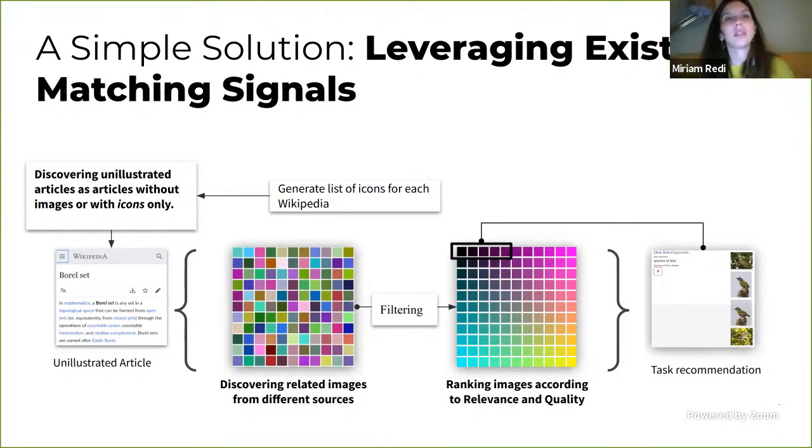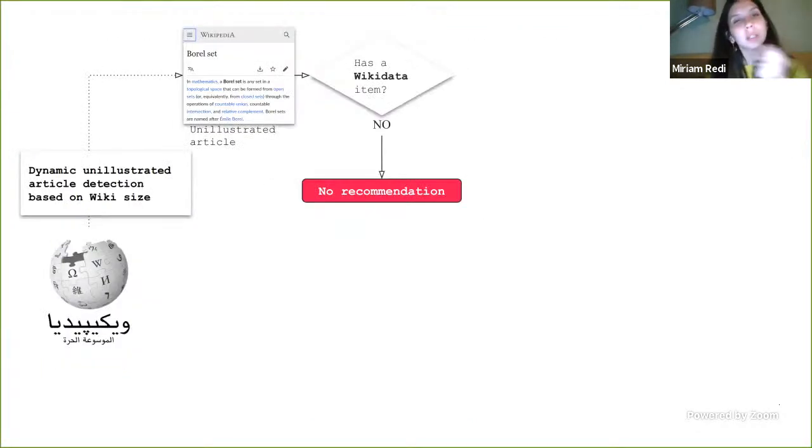What we do is that given an unillustrated article, that we first need to identify, because finding unillustrated articles with the current data is not straightforward, but this is a separate problem. So given an unillustrated article, the algorithm is going to look, across all Wikimedia projects, for possible candidate matches for that article. And then after some filtering, the algorithm is going to prioritize and rank the images so that at the top of the ranking, we have the best possible image matches for the unillustrated articles. More in detail, what this